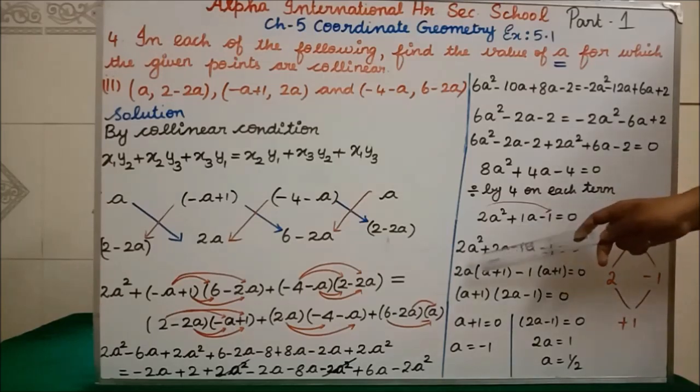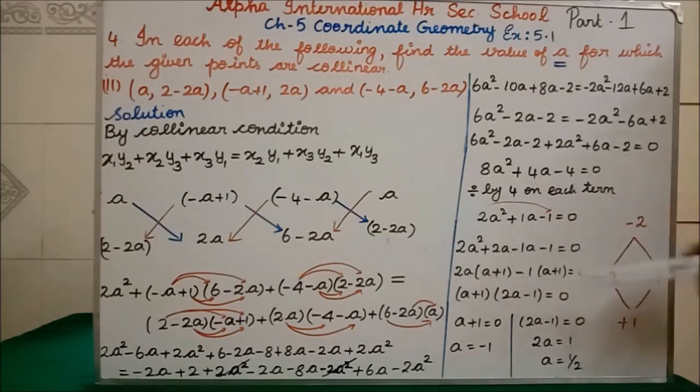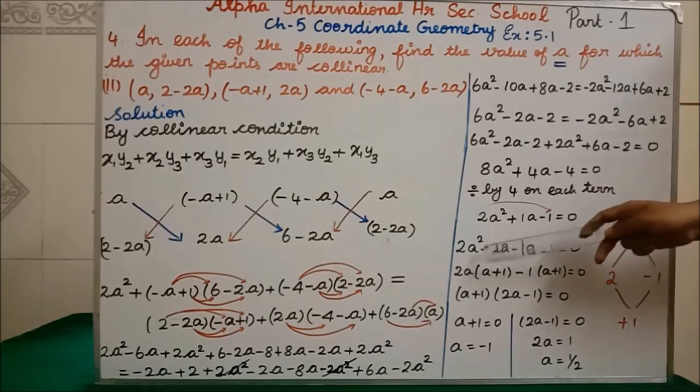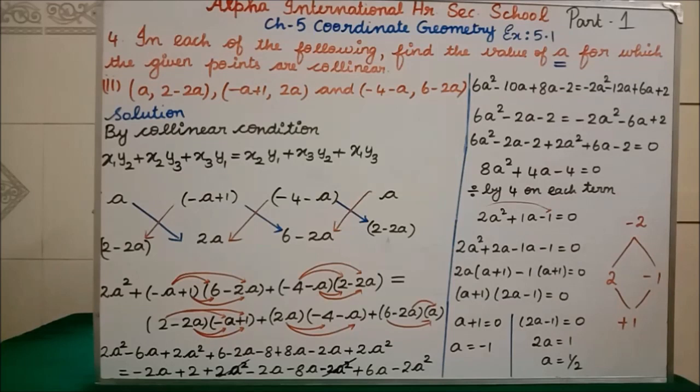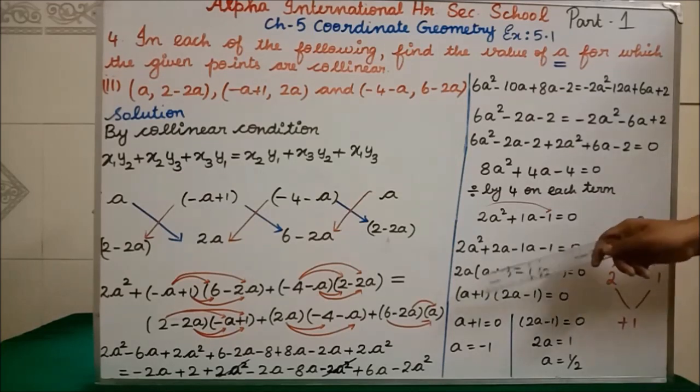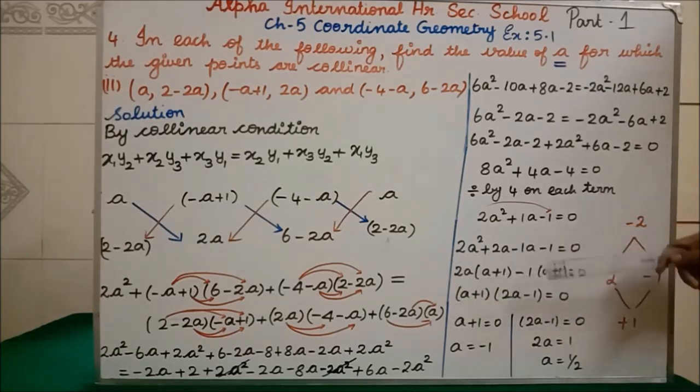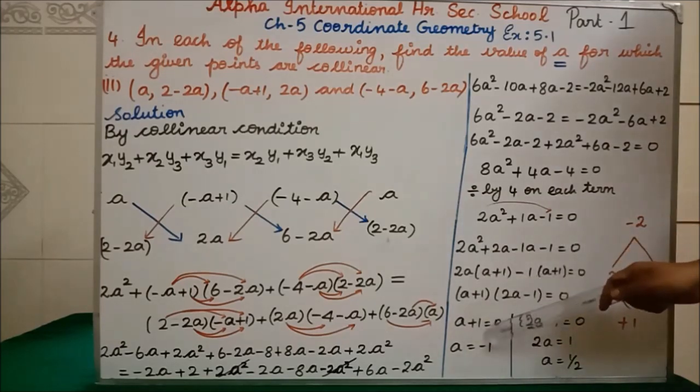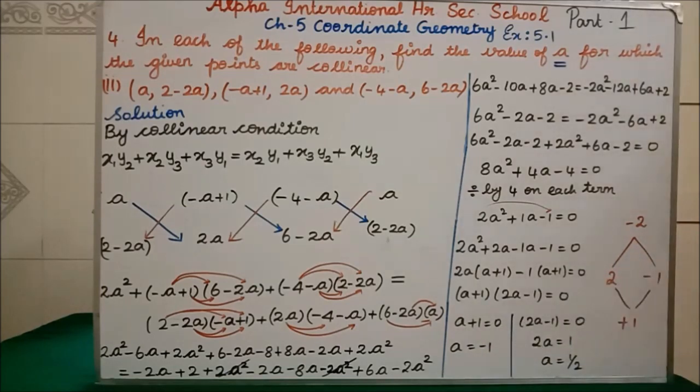So how we have to write? This 2a square you have to write here plus 2a and minus 1a. This minus 1 equal to 0. From the first two terms, which is the common? 2a is the common. Take the 2a, remaining is a plus 1. Here 1 is the common, a plus 1, whatever they are writing that you are going to write here. Then a plus 1 you are having, write 1, a plus 1, 2a minus 1 equal to 0. Then a plus 1 equal to 0 and 2a minus 1 equal to 0. A equal to minus 1, a equal to 1 by 2.